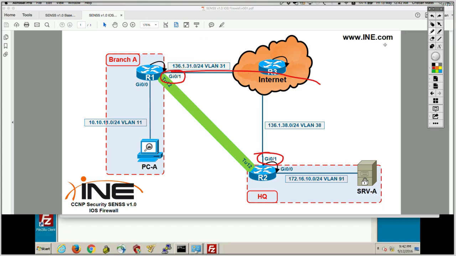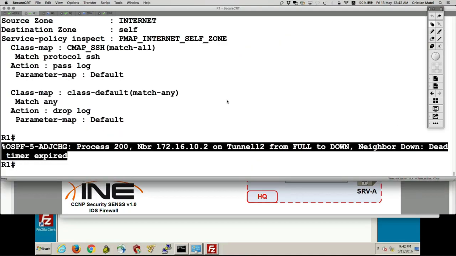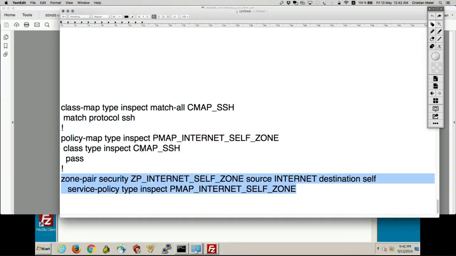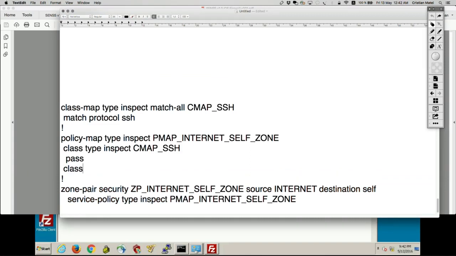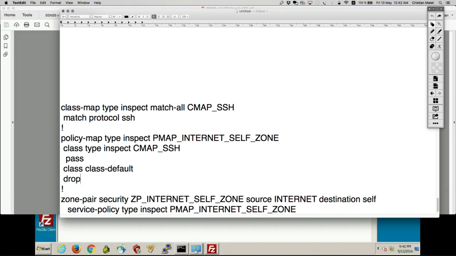Let's confirm that, and that's why the SVTI tunnel went down. So let's go under this configuration, and to see all the logs, class default, which is again there by default, let's say drop log. Let's keep the default drop and also put a log in there.